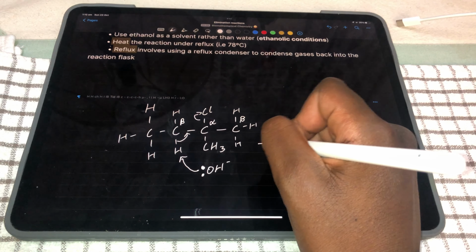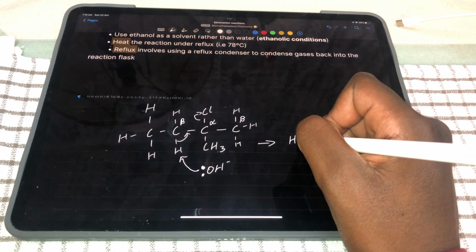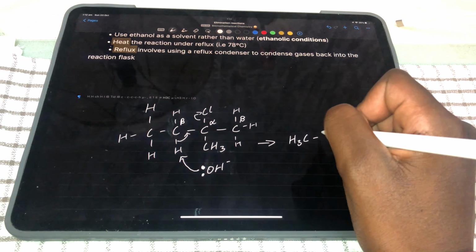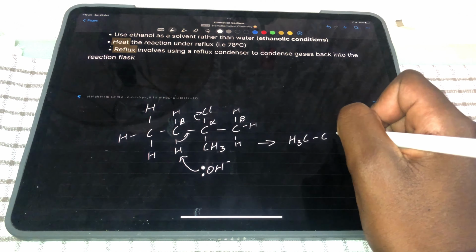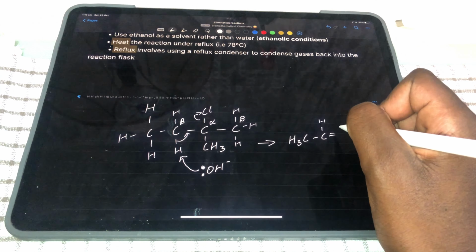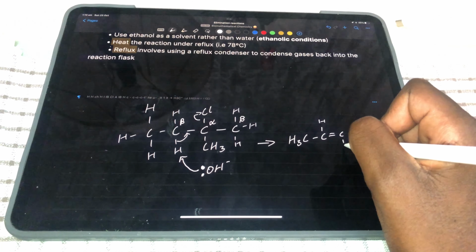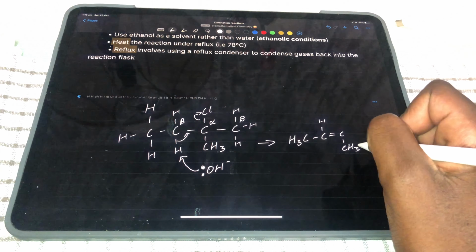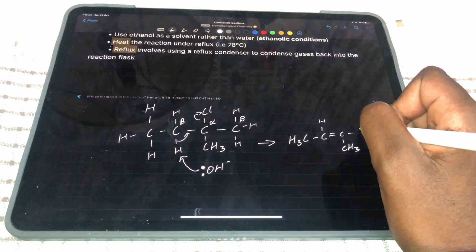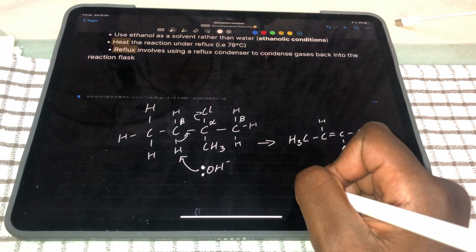Your major product is most likely going to be this. If I'm wrong, comment me, but from what I've been taught, this is the most likely product. You'll get a major and a minor product in your reaction. This is your major product. Your minor product would be